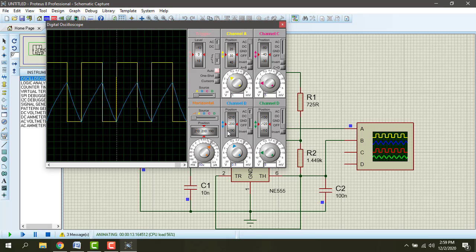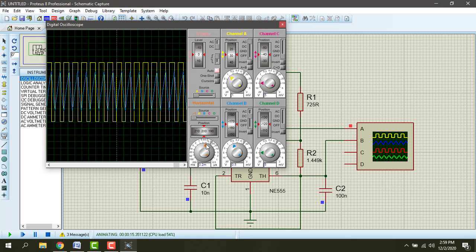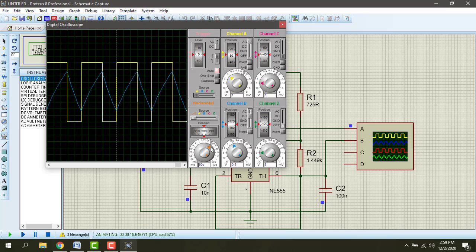But the waveform should be drawn like this. It should be in between 1 by 3 VCC and 2 by 3 VCC. So the minimum value should be 1 by 3 VCC, and the maximum value should be 2 by 3 VCC. In a similar way we should draw the waveforms. So we designed the 555 Astable multivibrator, and the same is verified using the Proteus software. Okay. Next we are going to design the next experiment,